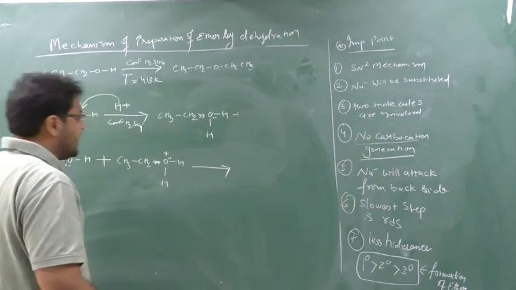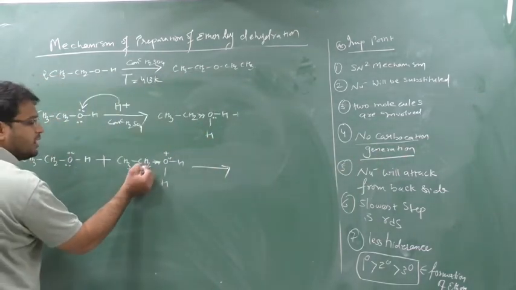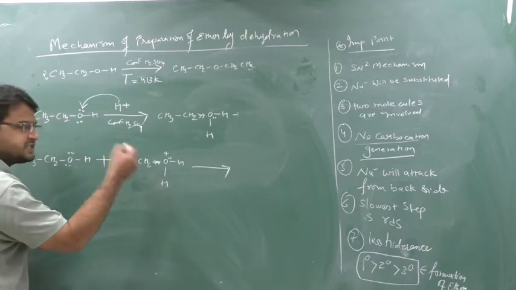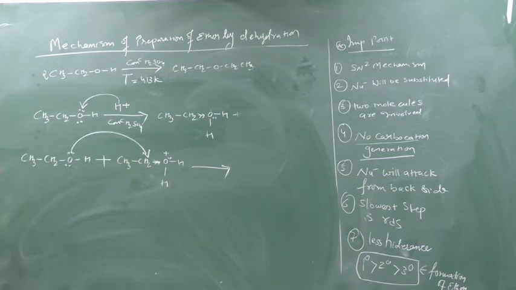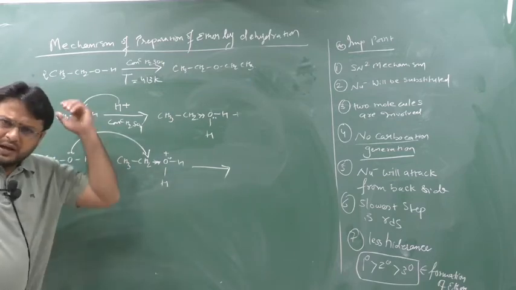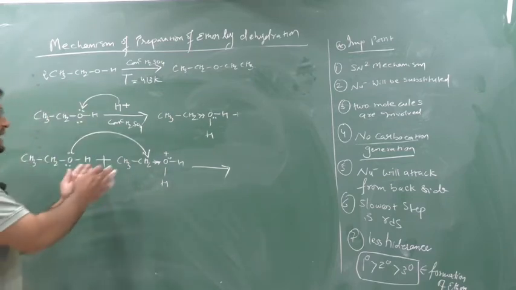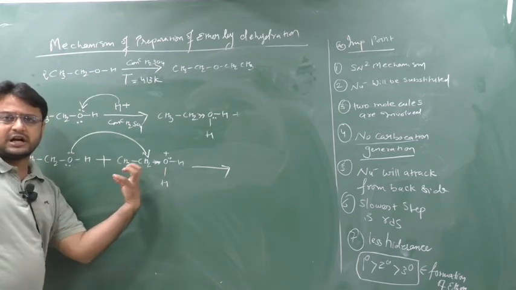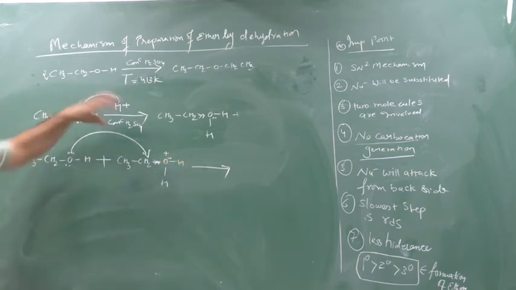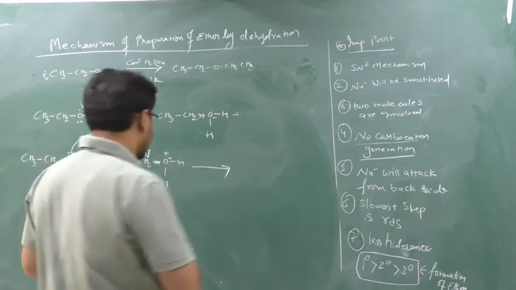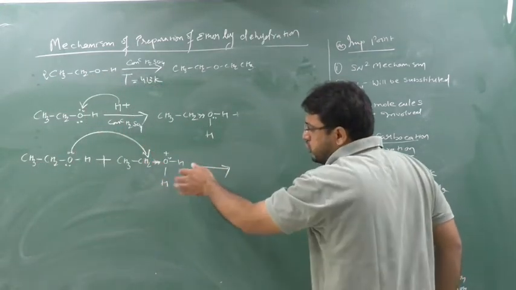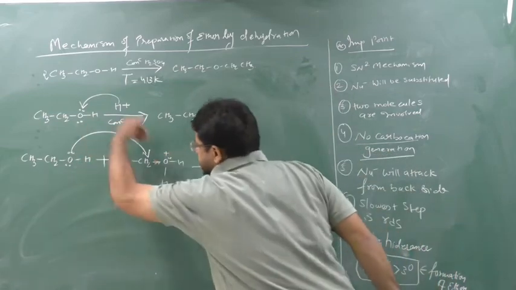So what will happen? As this oxygen starts to attract the electron, within itself this oxygen will give its electron to this CH2. This will happen in microseconds. As this water starts to leave, this portion will come and attack here. This is going, this is coming. This wants to go, so as it starts to go, this will start to come.